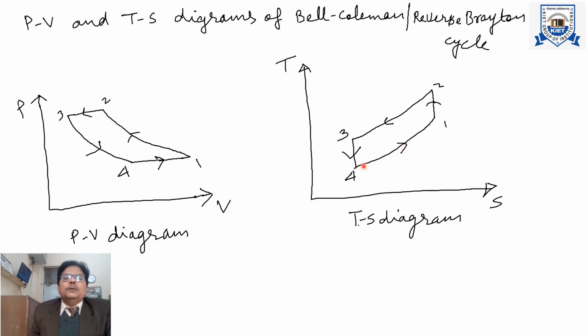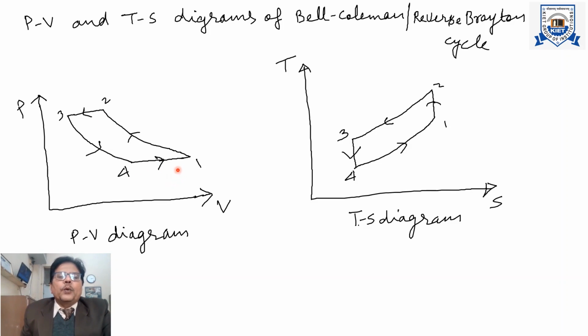And as I told you in the previous slide, the role of the expander is to expand the air and decrease the pressure. From here you can see during this expansion process the pressure decreases as well as the temperature. The temperature decreases from T3 to T4, and the pressure decreases during the expansion process, as you can see from the PV diagram.